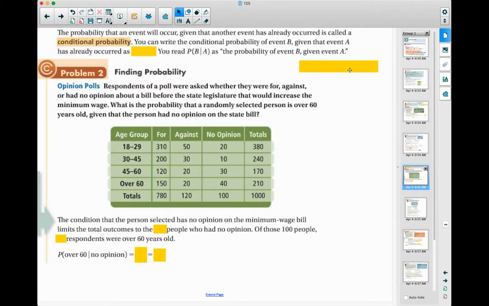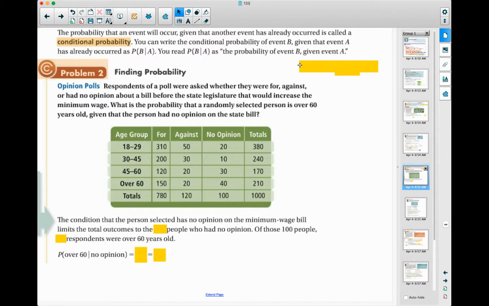You can write the conditional probability of event B given that event A has already occurred as probability of B given A. That's how we read it: probability of B given A. So respondents of a poll were asked whether they were for, against, or had no opinion about a bill before the state legislature that would increase the minimum wage. What's the probability that a randomly selected person is over 60 years old, given that a person had no opinion